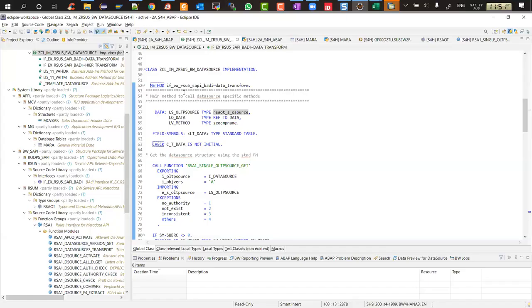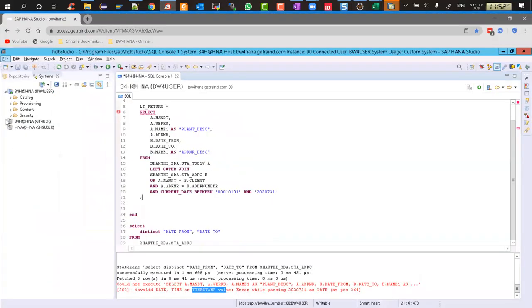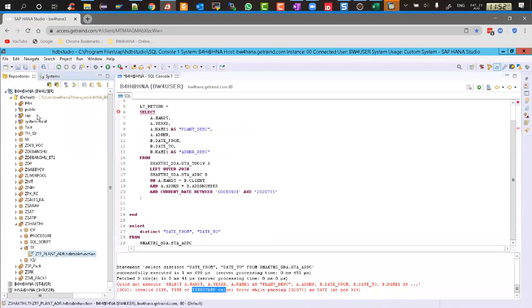The code which you are writing in method implementation will not be executed by the ABAP application layer anymore. It will generate a HANA database procedure, like the one we created in native HANA. Similar procedure will be auto-generated by the system,